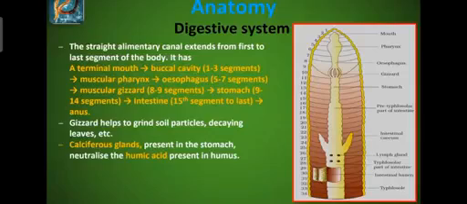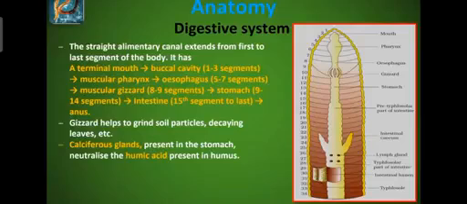After that, the muscular pharynx. In the diagram you can see the muscular pharynx. Then the esophagus, that extends from the 5th to the 7th segment. Then a muscular gizzard, a round structure, that is called the gizzard, which is muscular, and it extends from the 8th to the 9th segment. After that you will see the stomach, which is from segment number 9 to 14.